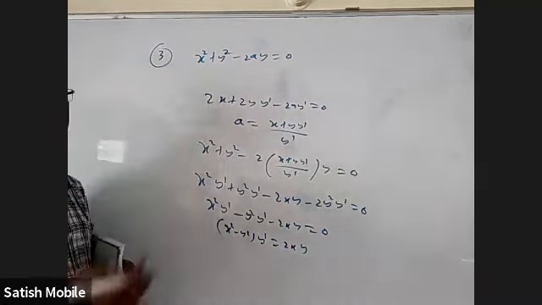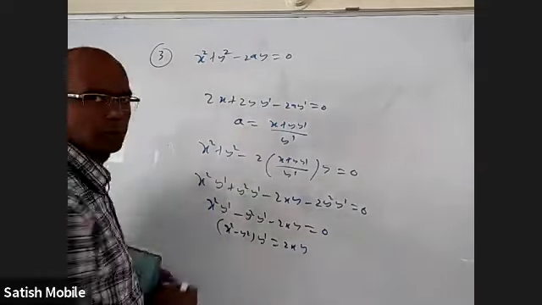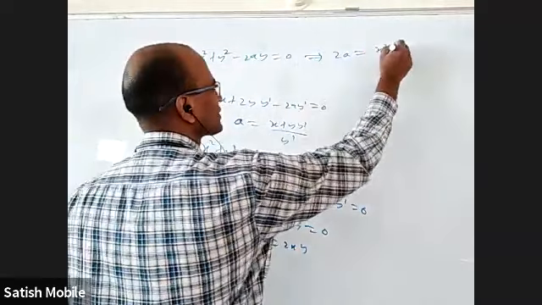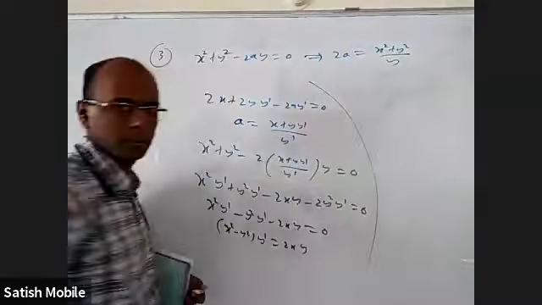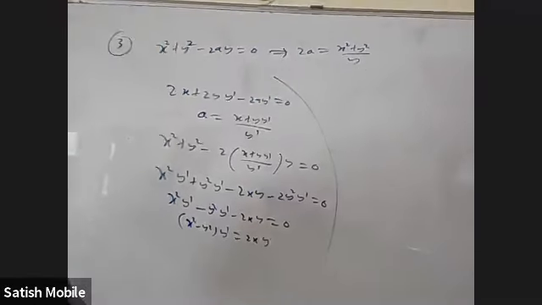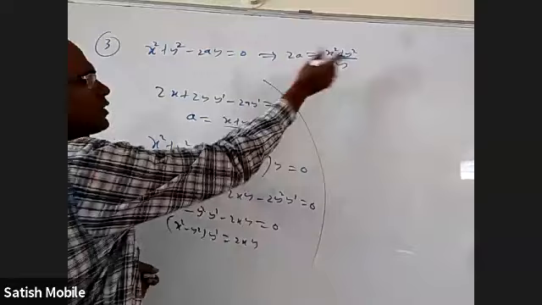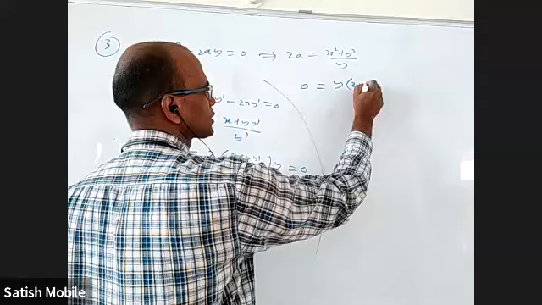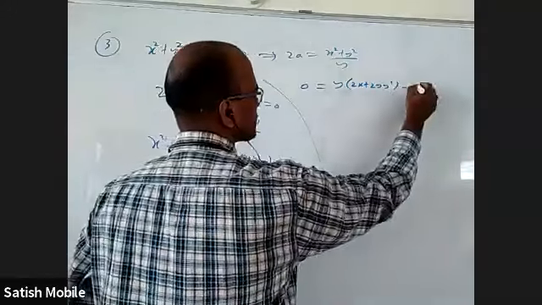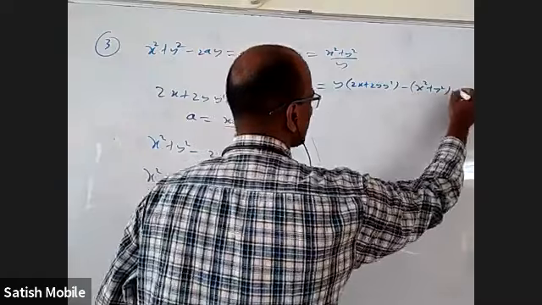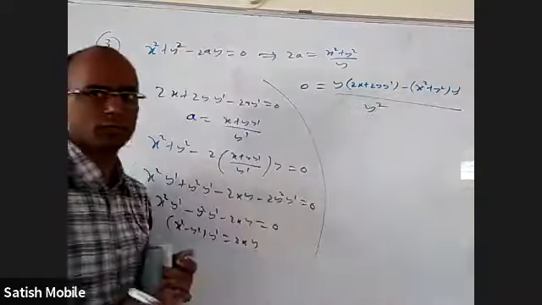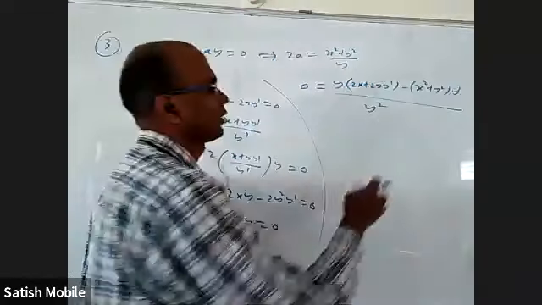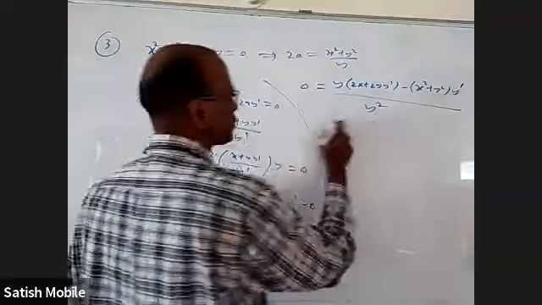That is, differentiate only once. You cannot do more than that because of one constant. If not, you can also write this as 2a is equal to (x square plus y square) by y, and then differentiate. Derivative of this is 0. Apply the u by v rule: y into the derivative of this, which is 2x plus 2y y dash, minus (x square plus y square) into y dash, by y square. Denominator into derivative of numerator minus numerator into derivative of denominator, by denominator whole square. This will go to this side, you'll get 0.